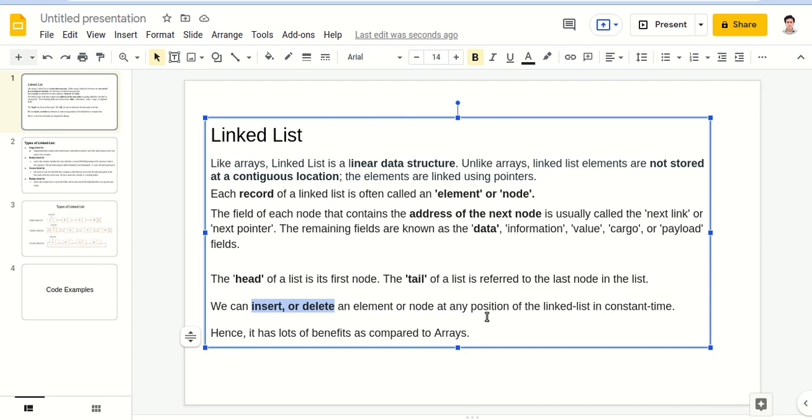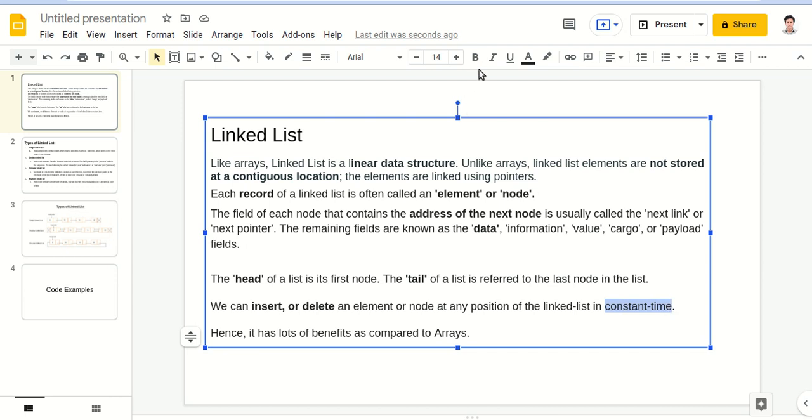Now, if we are using an array, if we try to insert an element in any position, we have to shift each element forward first. The elements which have to be placed after that new element, we have to shift all of them one step forward, and then we need to store that value. But in linked list, we can do it in constant time. That is the major benefit of linked list.